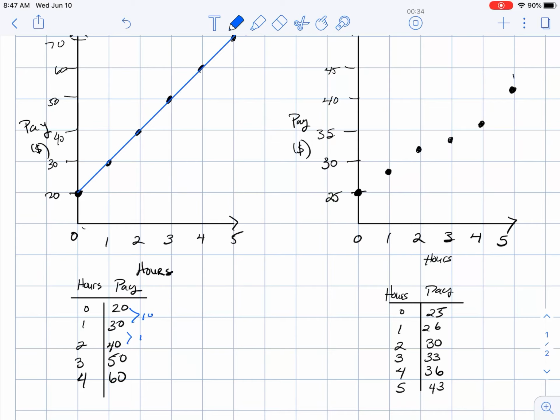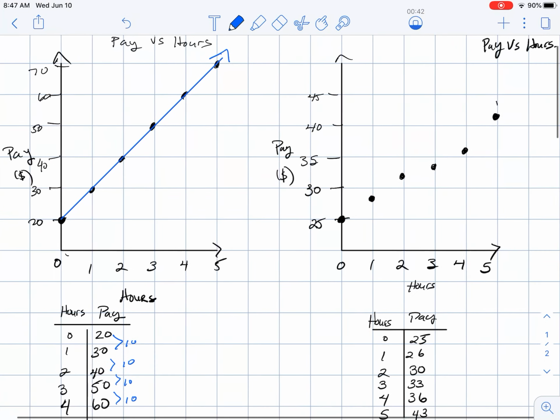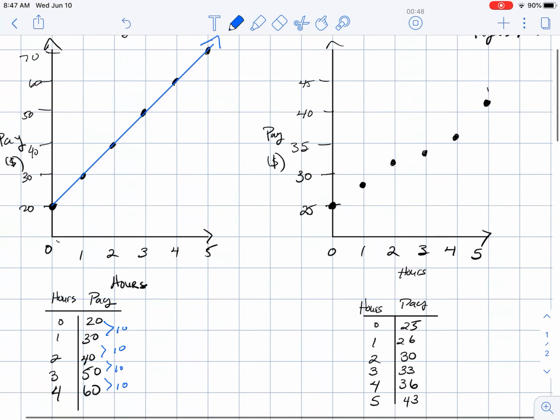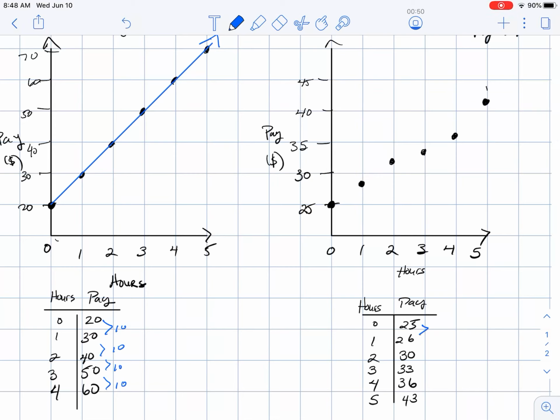Now, looking down at the table of values, if I do the first difference, that confirms that that's going to be a straight line because the first difference is consistent. Now, for the second graph, you could tell that if we were to connect those graph points, we would not get a perfect straight line. And the first difference here confirms that because,